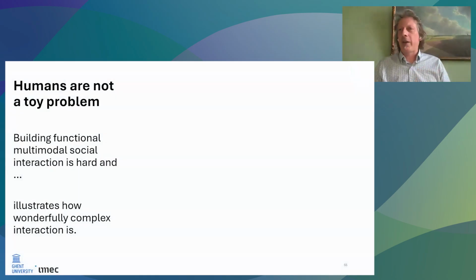People working on physical robotics often think that interacting with people is easy. People are just obstacles that you drive around or move around. They're not. Building functional, multimodal social interaction is really hard. And the moment you do it, it never ceases to amaze me how special we as people are. What amazing creatures we are, the only animal species that can have this rich, language-filled interaction with each other. And I'd like to end on that thought.